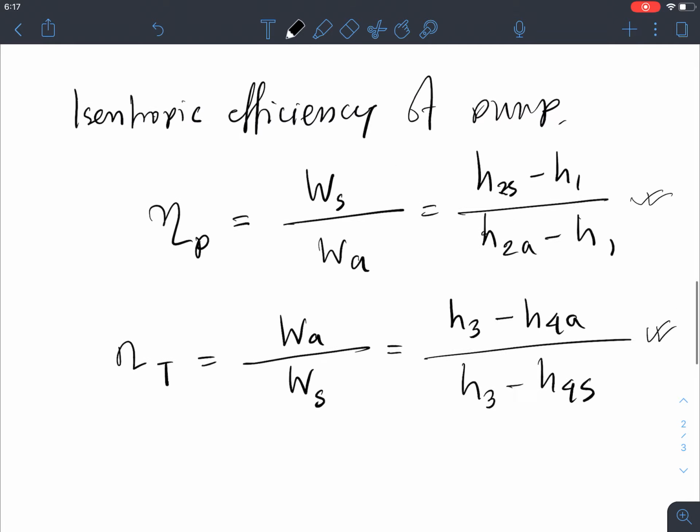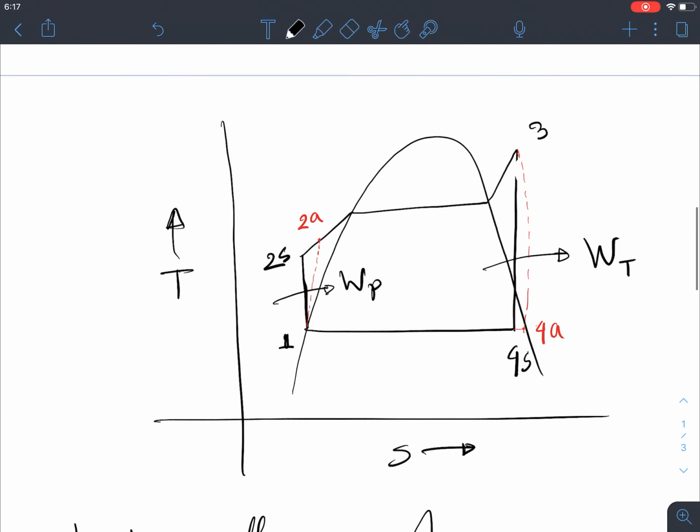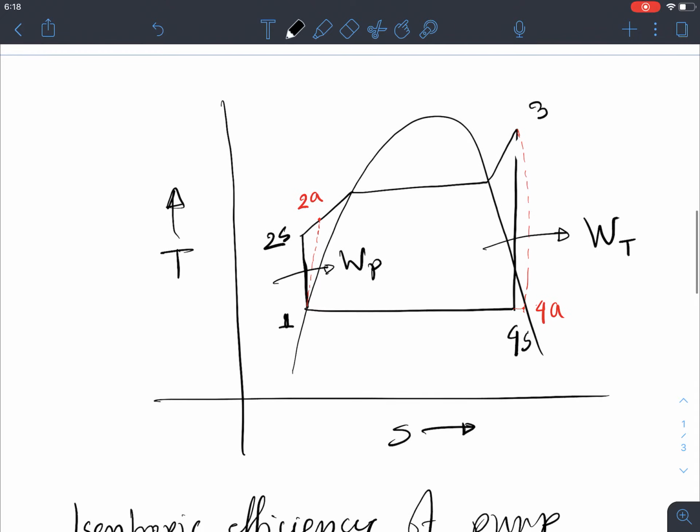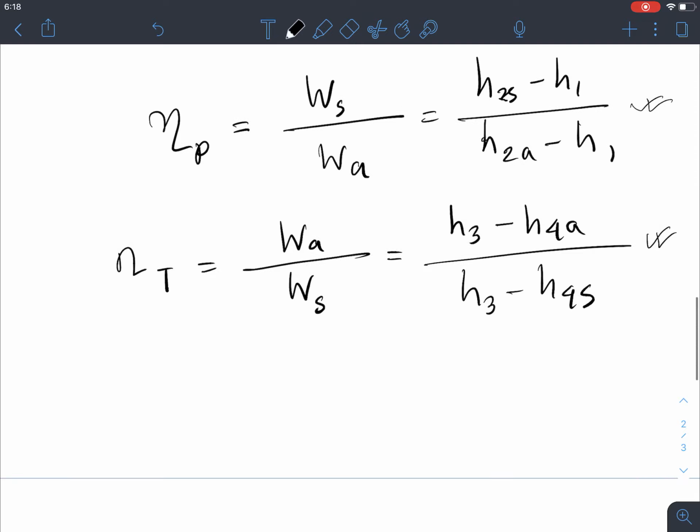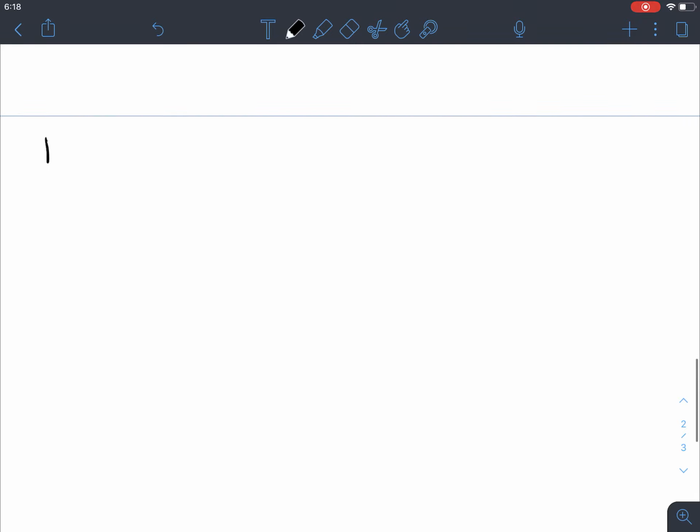Okay, so that's the expression, or the difference between the ideal and actual cycle. When we have to solve a problem, we are going to use these two formulas. Okay, so now let's move on to the next topic, which is 10.4,